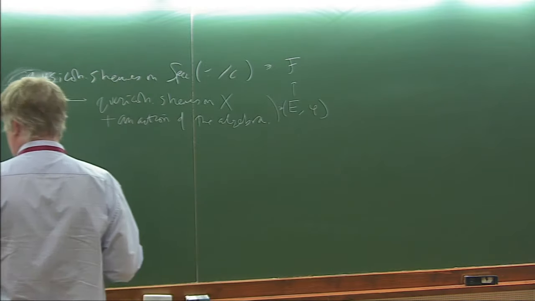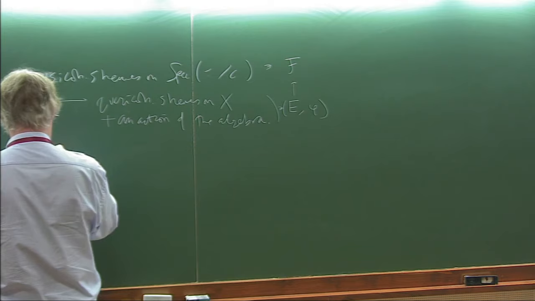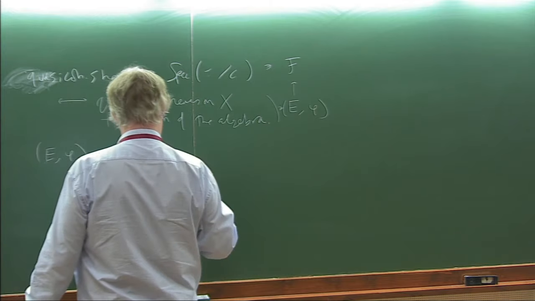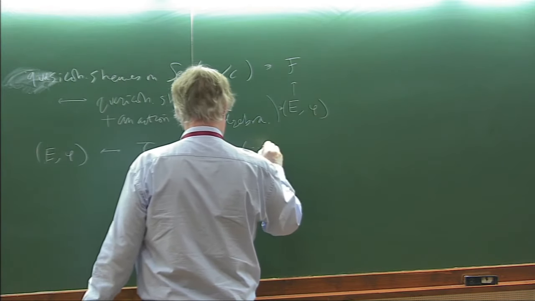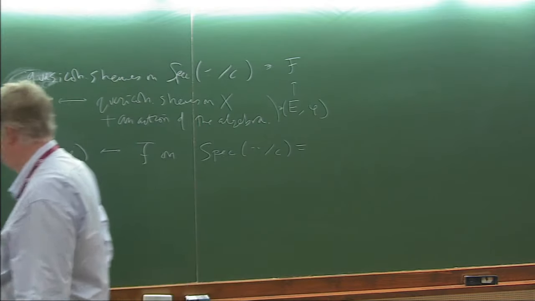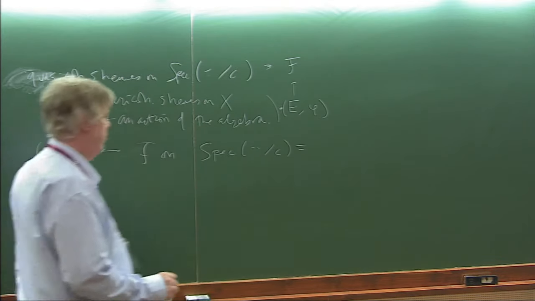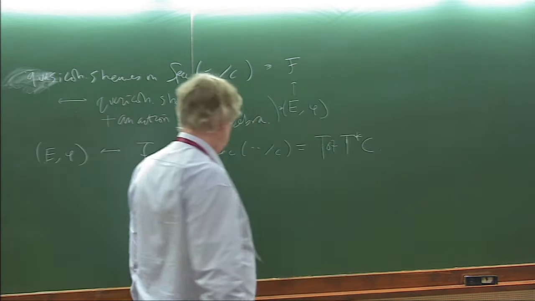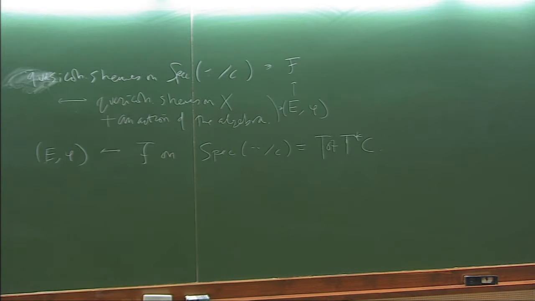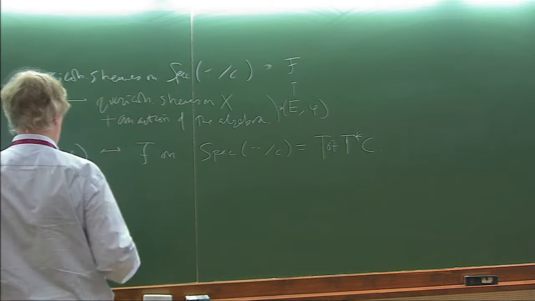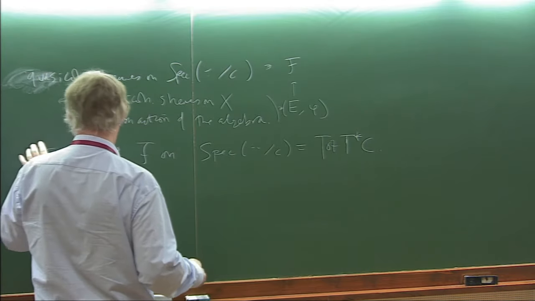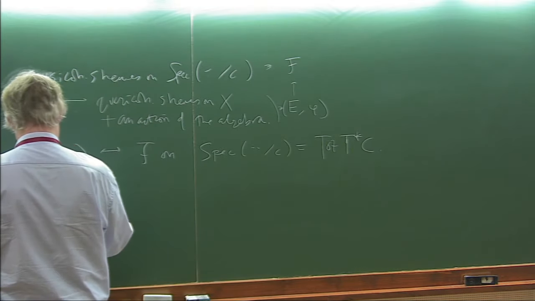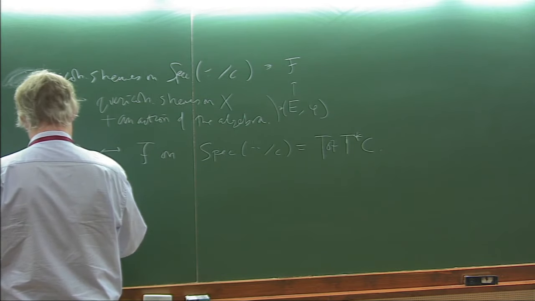So what does it mean? It means that our Higgs bundle, (E, phi), corresponds to this sheaf F on this relative Spec. But this relative Spec, in this case, is just the total space of the cotangent bundle of C. And this is an equivalence. So giving a quasi-coherent Higgs sheaf is the same as giving a sheaf on the cotangent bundle. And E is going to be coherent